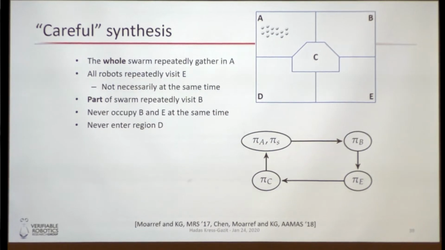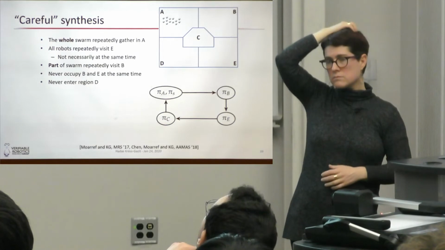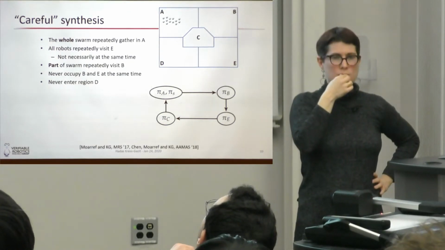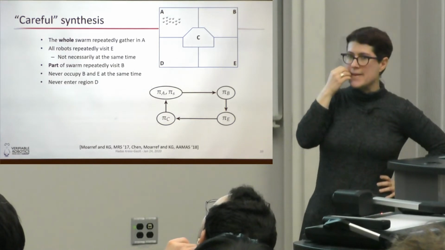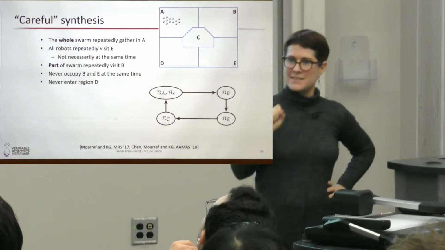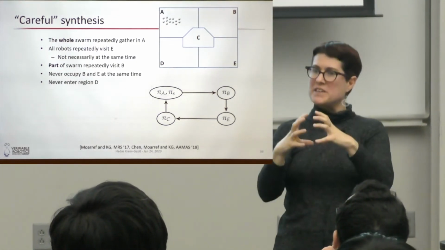And then, from the task that I had before, I can create this symbolic behavior. Everybody starts in A, synchronizing there. Doesn't really matter. I'm not going to go into that. Everybody goes to B. Everybody goes to E. Everybody goes to C. This satisfies that task. Is it good? Should I just run this? There's going to be sometimes robots in E and E. Excellent. So here, my symbolic abstraction says, you're going to go from everybody in B to everybody in